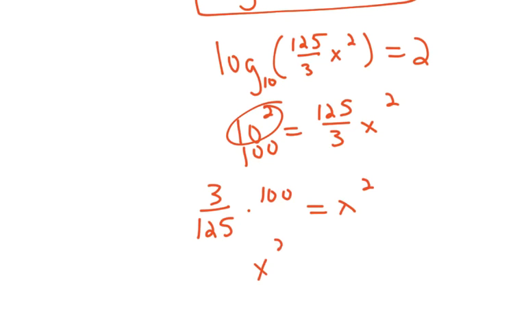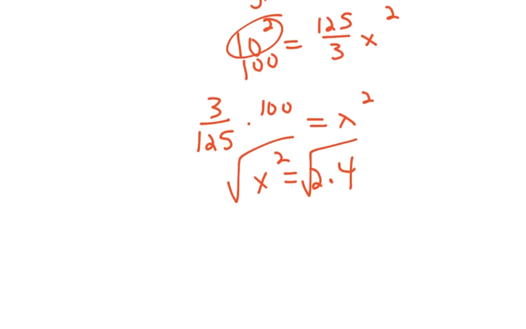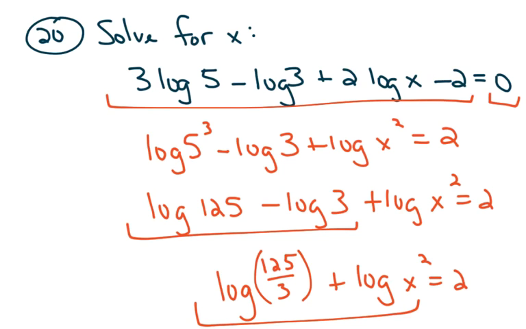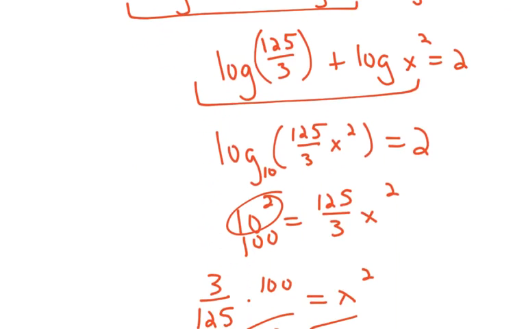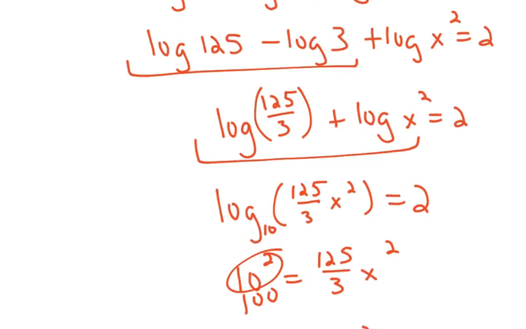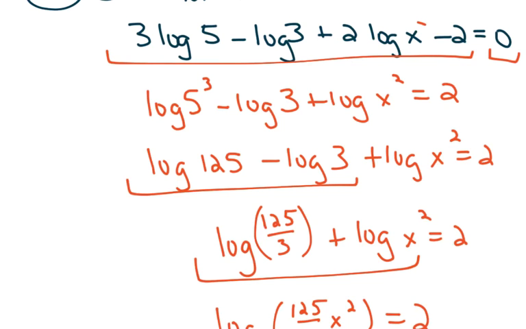So now I get x squared is equal to 2.4, and then you would square root this, and since you're square rooting it, you're going to get two answers, and they are going to be plus or minus 1.5492. And if you had graphed the original problem on your calculator, you would have seen the graph hit the x-axis twice. Or I lied, because it doesn't hit twice, because you can't take a log of a negative, so it can't be negative. Sorry about that. It has to be positive,